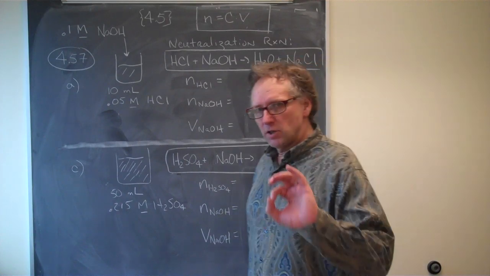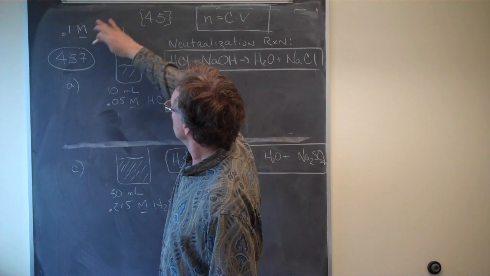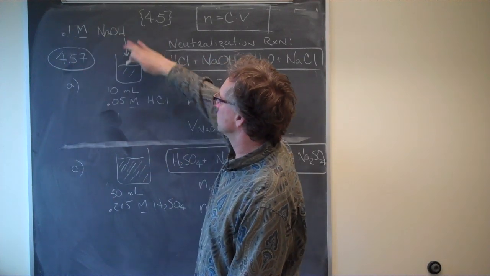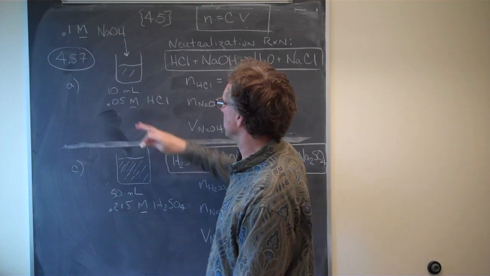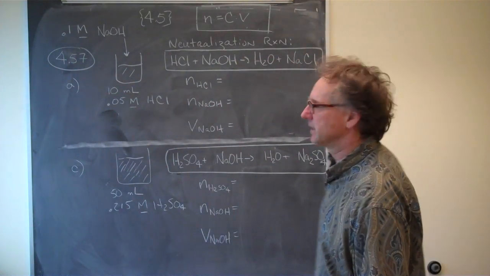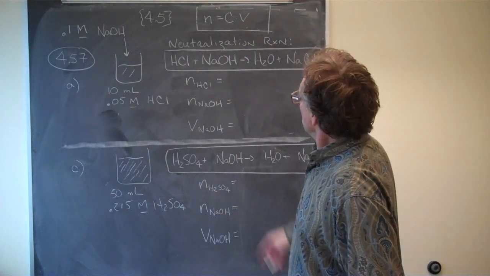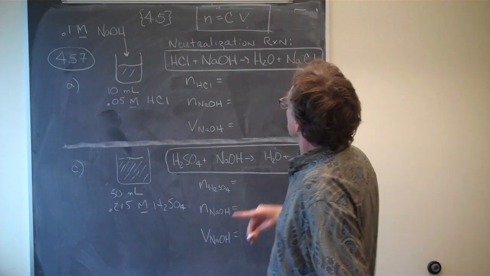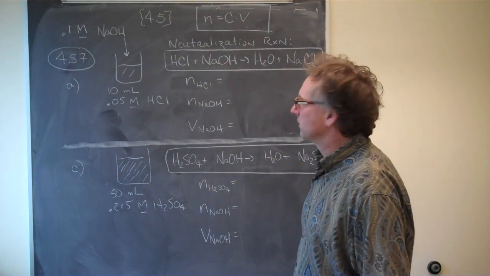And one starter on this, if you want to think about it, is that the sodium hydroxide is a more concentrated solution compared to the HCl. So just at the outset, you might think we probably need less than 10 mL, and that would be correct. But now we're going to do that quantitatively. So I've written down a neutralization reaction, and this is the first step in these kinds of problems,